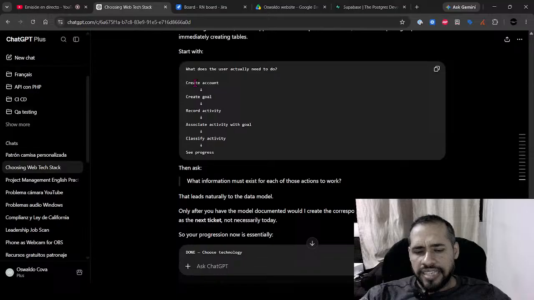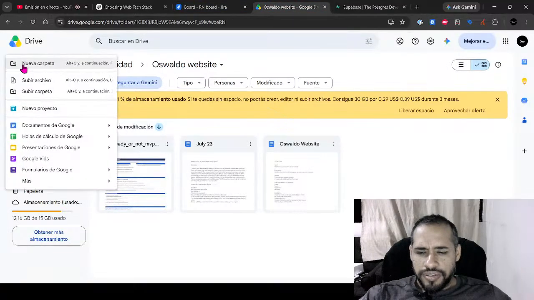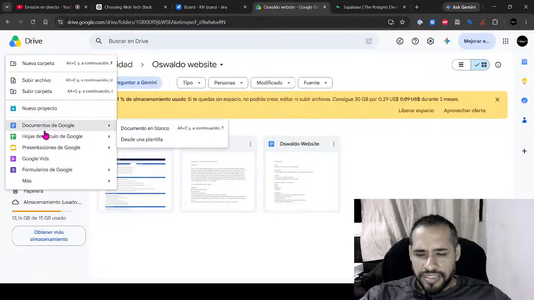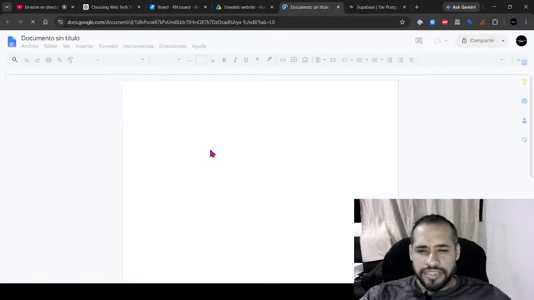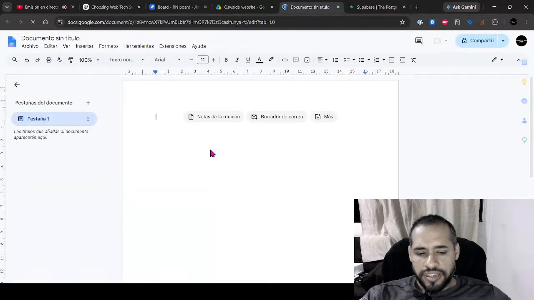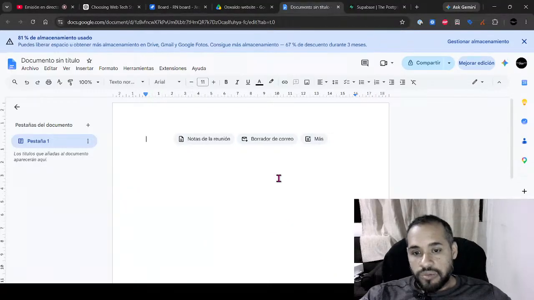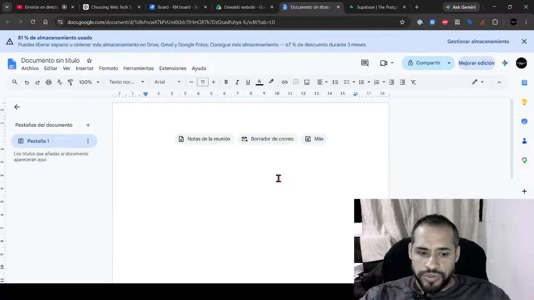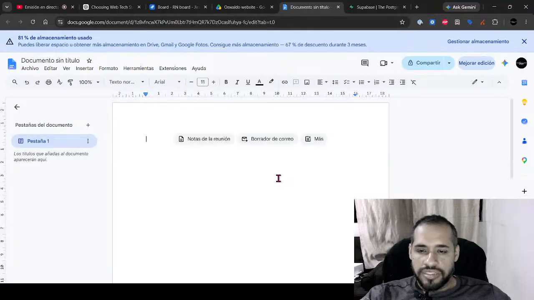I want to define it myself and then check it with ChatGPT, so we can see if we agree on the data and information in general.